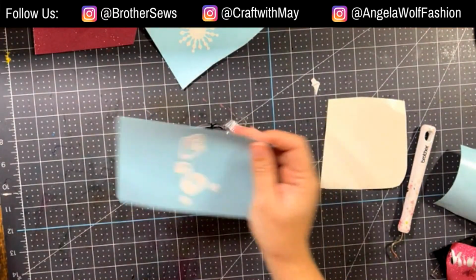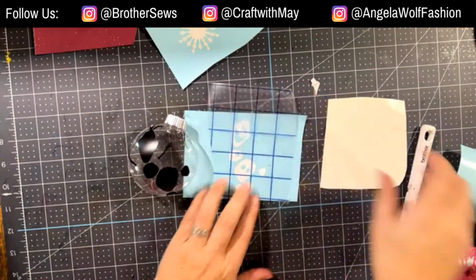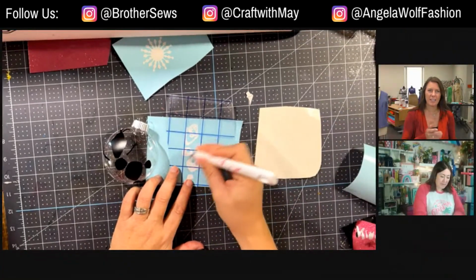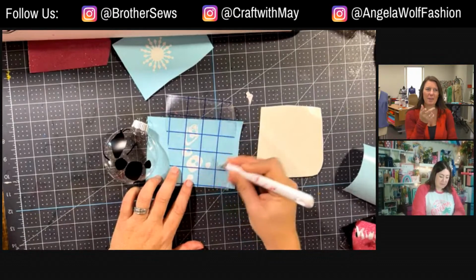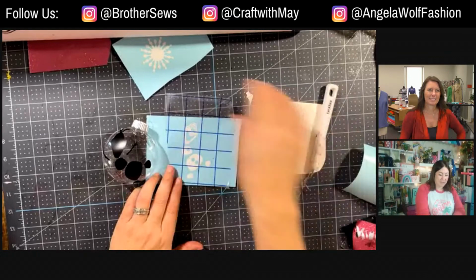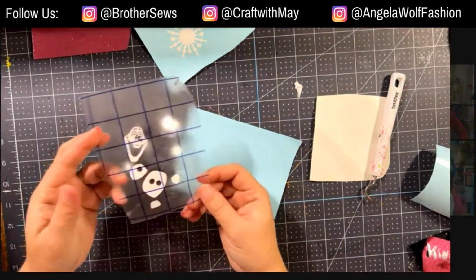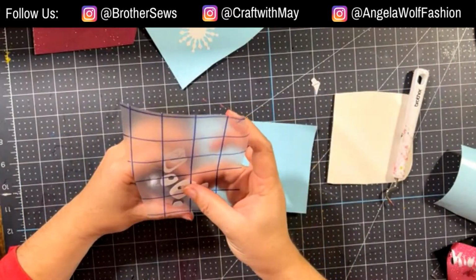So it's going to go on very easily because we're just really trying to press one little spot at a time. Well, that makes sense. Because I was thinking, as you're saying, a small design works better, I'm thinking, I don't think that's what we picked. But it makes sense because it's all in little pieces. Right. And I always point that out because I use this Olaf a lot at the holidays because he's just so darn cute. But it also helps a lot to remember